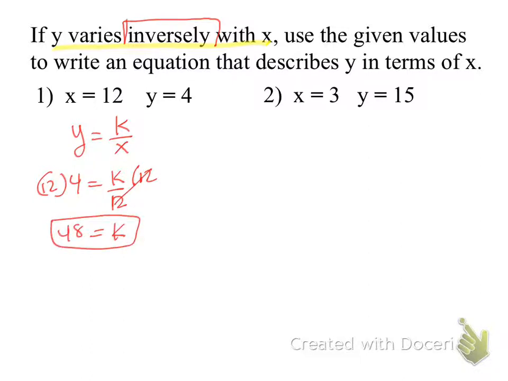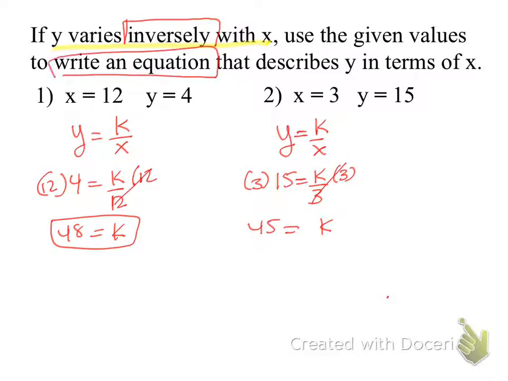Next one. You guys do this one. Pause the recording. What am I writing for the equation? Y equals k over x. Then we substitute. K over 3. What do I do next? Multiplying 3 on both sides, and we have k equals 45. Now what would the